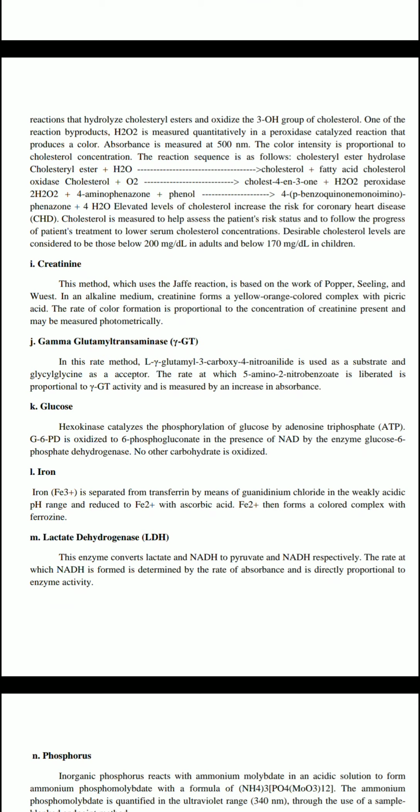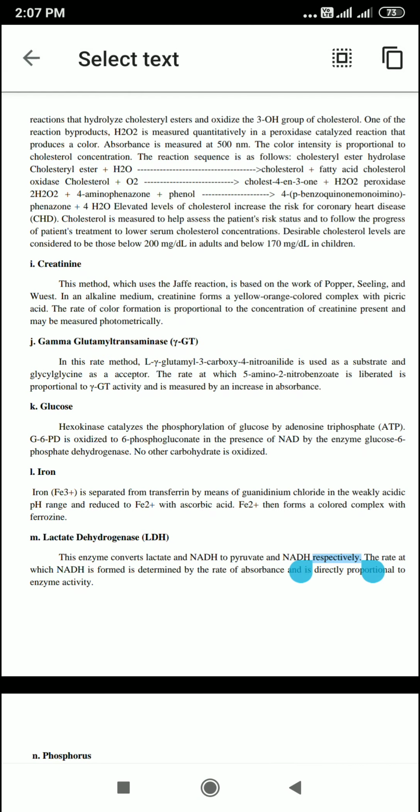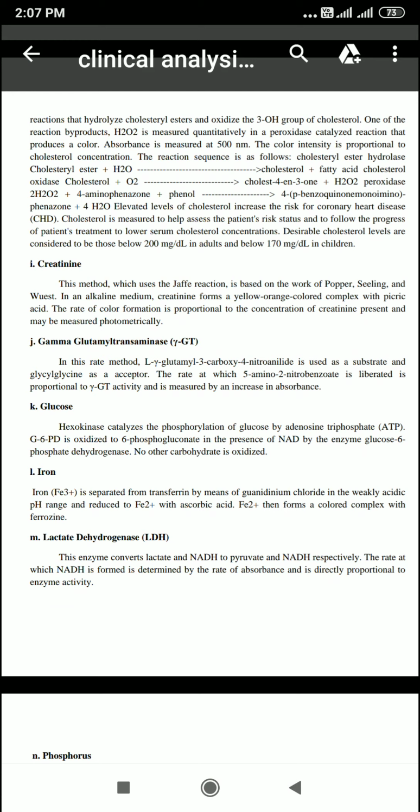The reaction sequence is as follows: cholesterol ester plus H2O, catalyzed by cholesterol ester hydrolase, gives cholesterol plus fatty acid. Cholesterol plus O2, catalyzed by cholesterol oxidase, gives cholest-4-en-3-one plus H2O2. Then H2O2 with peroxidase, 4-aminophenazone and phenol gives a quinone monoamino dye, the chromogen. Cholesterol is measured to help assess the patient's risk status and follow the progress of the patient's treatment